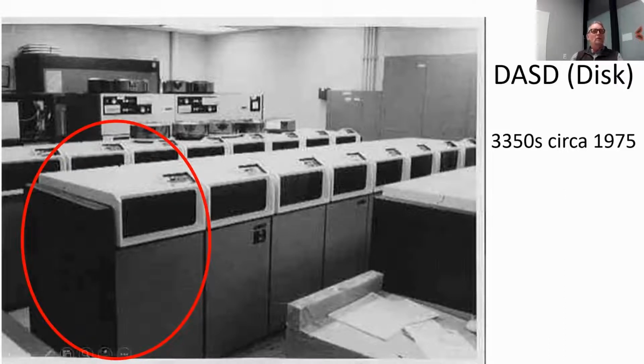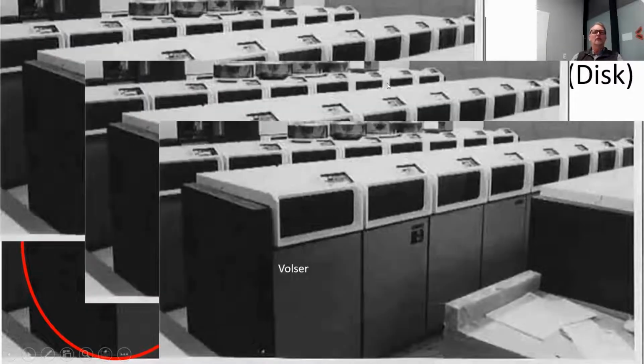So you can imagine that if you were connecting all of those, you'd have to name each one of those devices so that you would know. You wouldn't have a C drive and a D drive and an E drive like you might have seen on servers in the past. They are using what's called a VOLSER, pronounced out as volume serial. Each one of these has a 6-character VOLSER associated with it so that it can address all of those devices. And in a full data center, you would have hundreds of rows of these. So you would have many, many of these devices. That's what it was circa 1975.